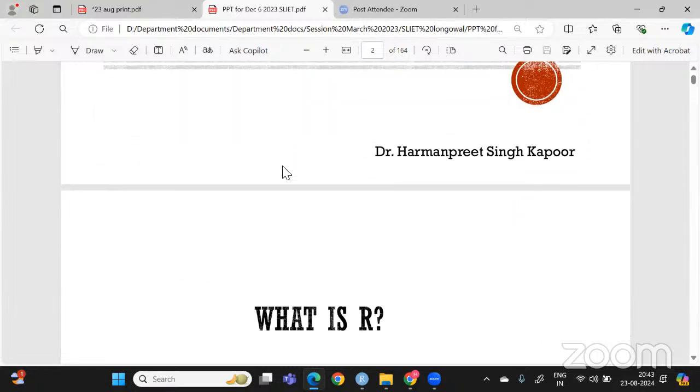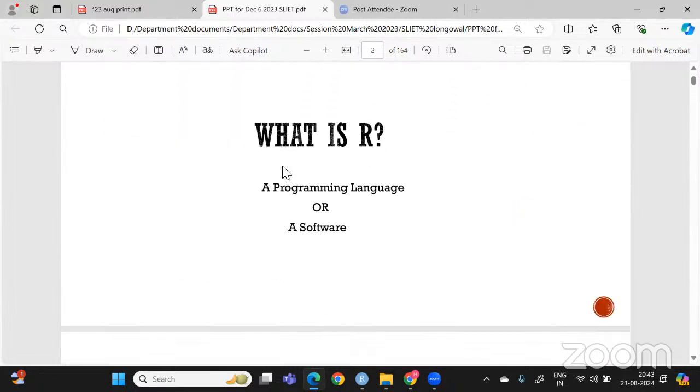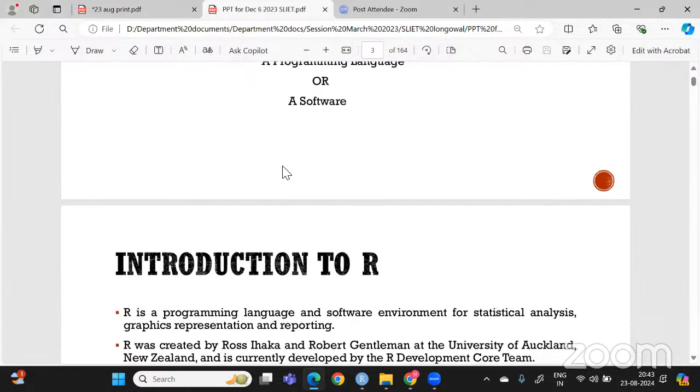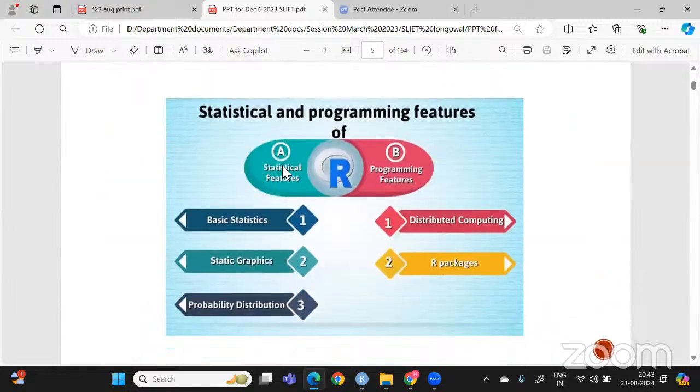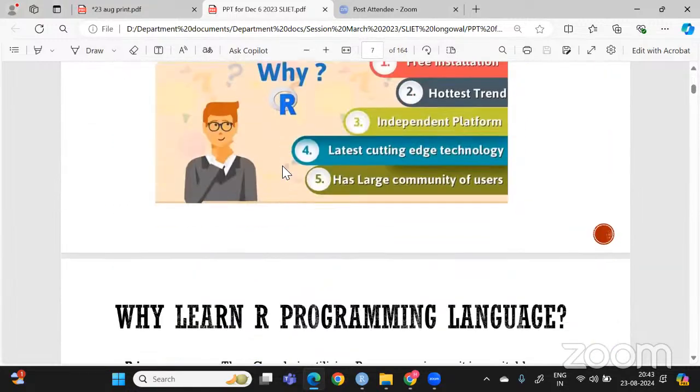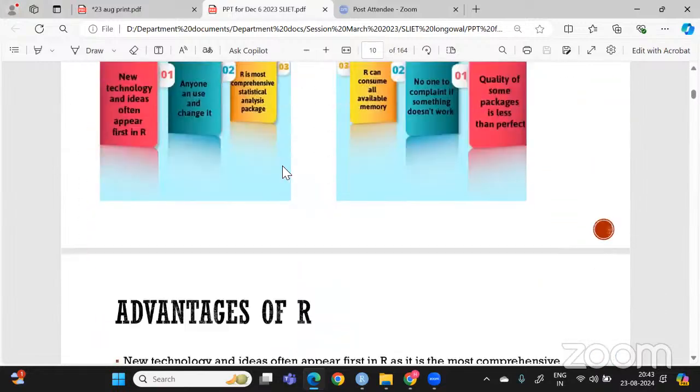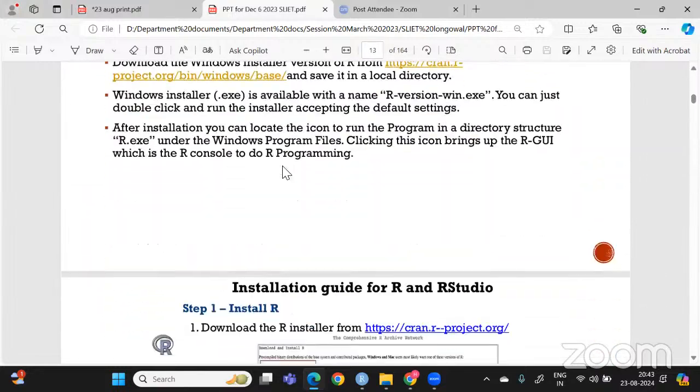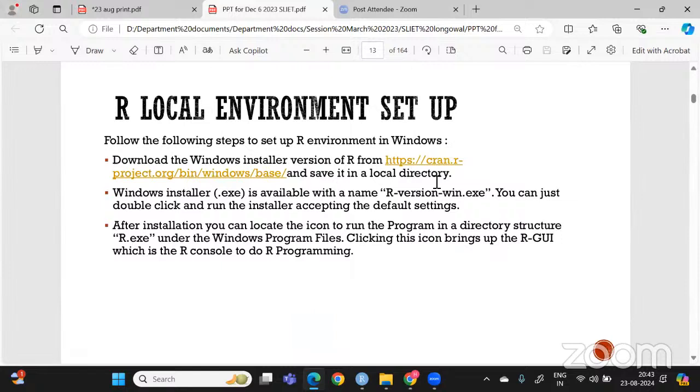Now you can see why we use R: it is open source. There is no fee involved, that means no license fee you have to pay to install or run this software. One can install R from the CRAN website. Let me open that link for you if it is given there. Otherwise, I will open it directly. So this is the link,